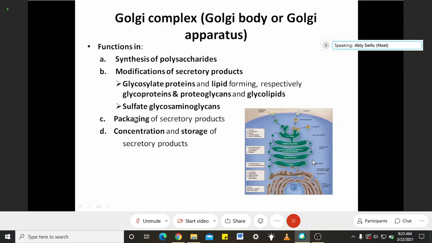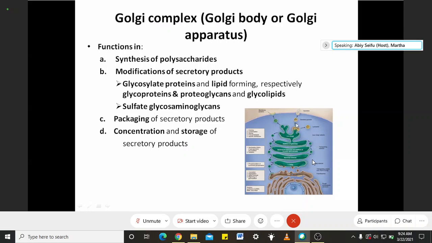And the Golgi apparatus also sulfates, such as, for example, glycosaminoglycans are sulfated. And these therefore get modified. And finally, the modified substances are packed. These are packed and concentrated and then released towards the cytoplasm, in which the vesicles are found dispersed and move